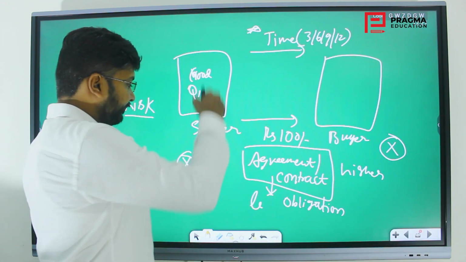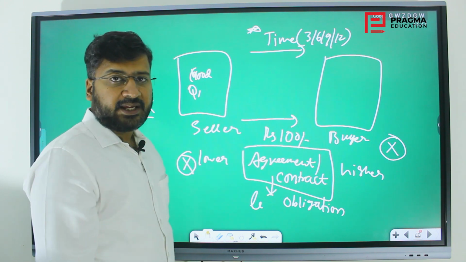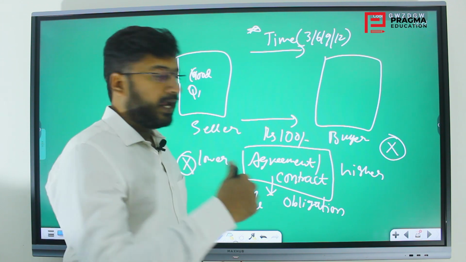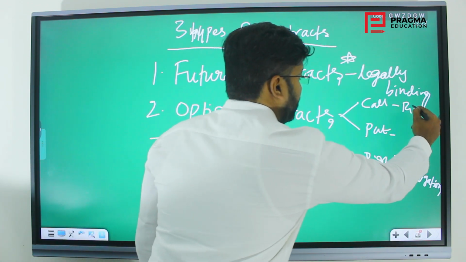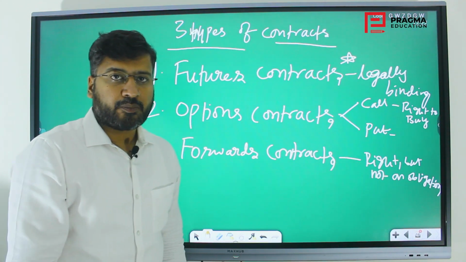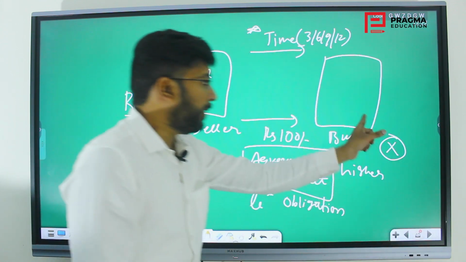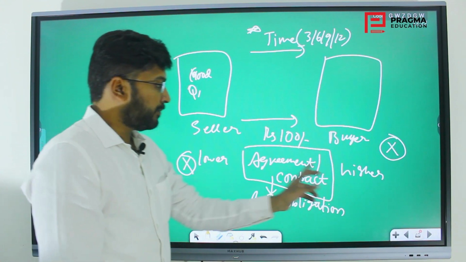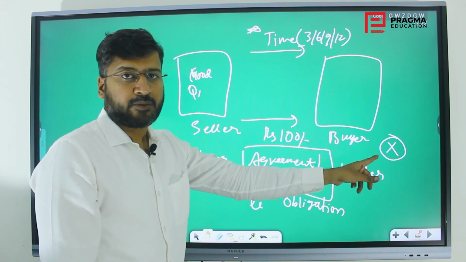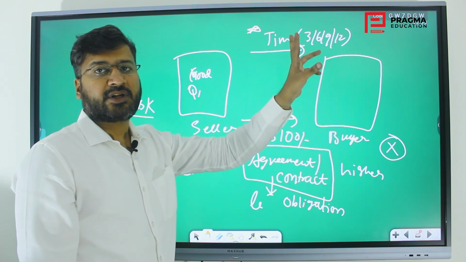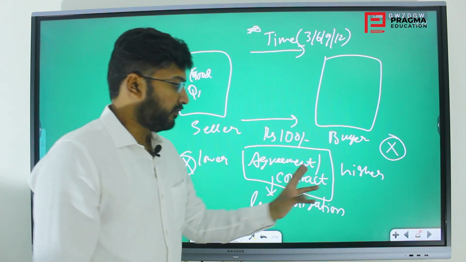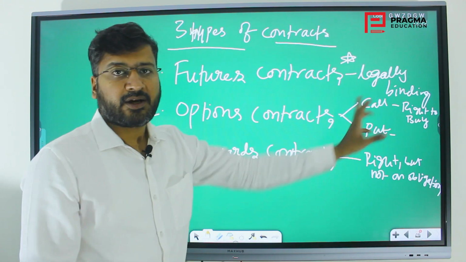For example, suppose the seller says I will not sell, but the buyer can say you will have to sell, I have the right to buy. So he will call for the right to buy in the call option. In the call option, the buyer will say execute it, because the prices may have gone higher and the seller will be at loss if this executes. But if it is a call options contract and the buyer says I am calling for this contract to be executed, the seller will have to do it irrespective of whether he likes it or not. That is call options contracts.